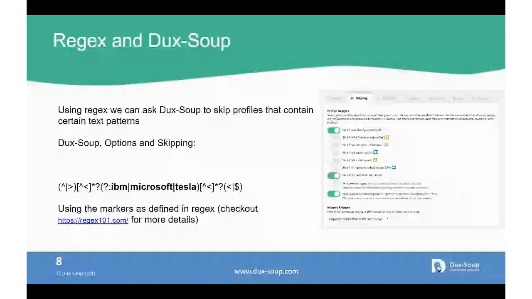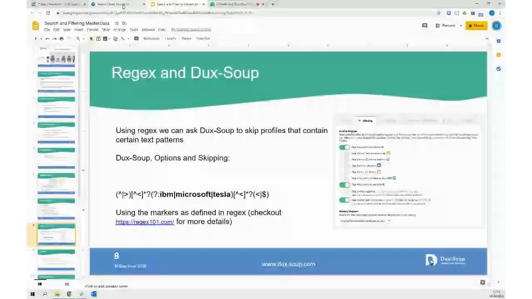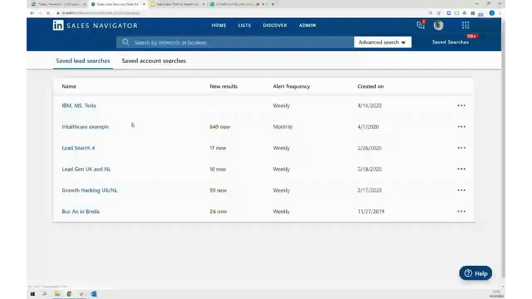Now, by adding additional filtering rules using the regular expression, you can complement the LinkedIn search and skipping functionality. So for example, here we have this expression, with these anchors, quantifiers and operators, etc., in conjunction with this phrase. In this case, I'm asking DuxSoup to skip any profile that contains the text IBM, Microsoft, or Tesla in its pattern. And the way that we can do that in DuxSoup, if I come back to my browser,